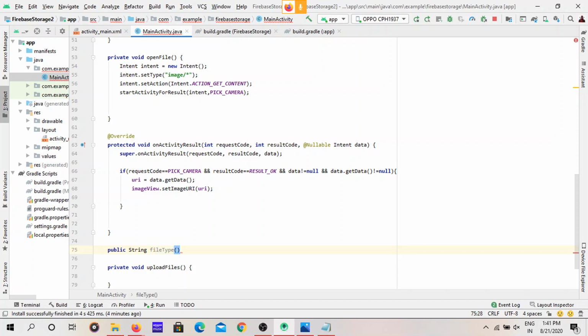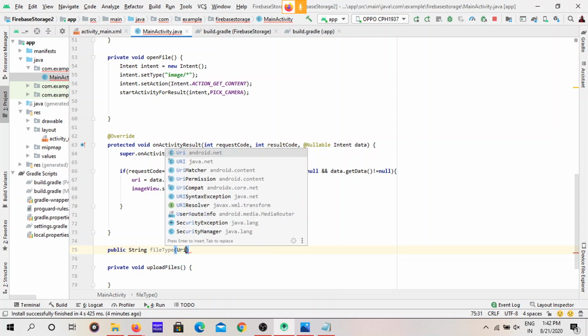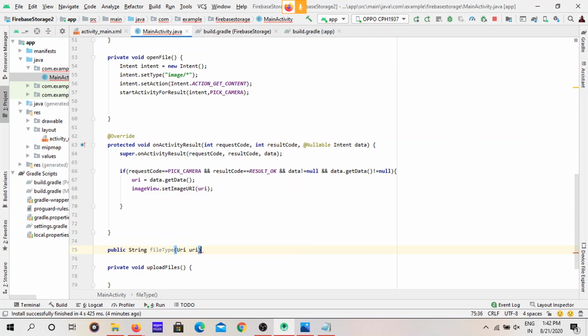What we have to pass to this method is the data, the URI. Through that data only we can get the type. Already we have some pixels, and through those pixels it can get the type of the file.